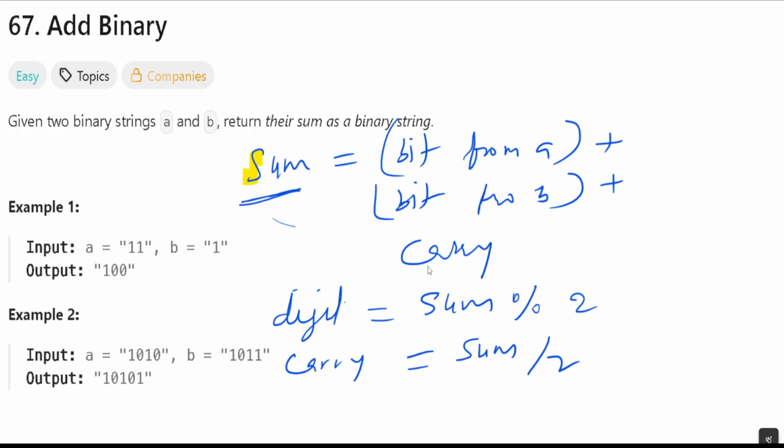Like that we have to keep moving, right? So basically if we want to start, you will start i from the last. Let's suppose a.length - 1 will go, and j will also start from b.length - 1, and you will start coding. Let me show you the code. Okay,